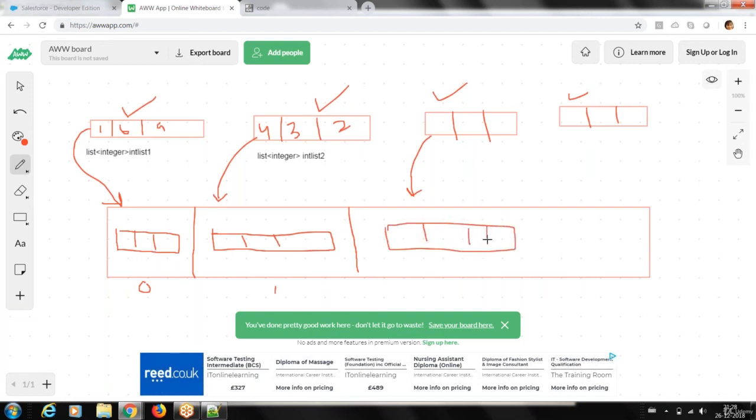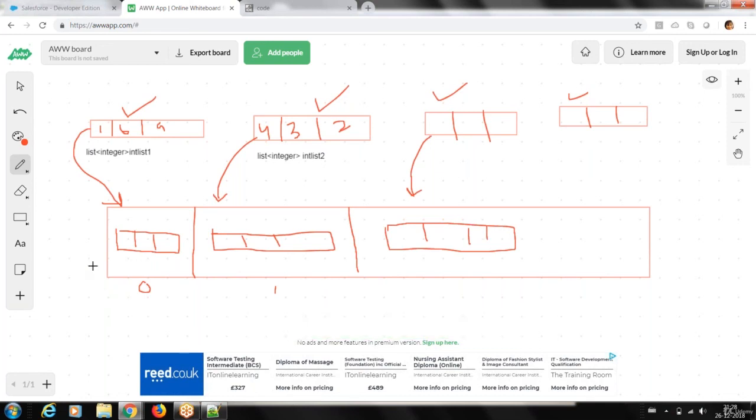So how will I declare this? When I declare this, what type of element is it? This is an integer type of element, so I mention integer. But this one contains list elements. Can I write this as a list of, and inside is the data type name, then this is my list collection name.